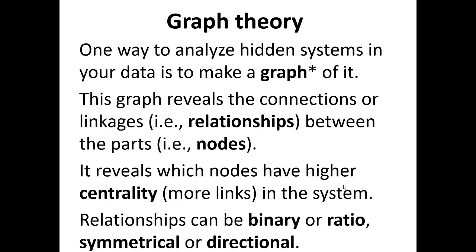Furthermore, what's really helpful about using graph theory is that it allows us to indicate not only that there is or isn't a relationship, so that in our example, it's going to be that this person likes that person, but we can also identify whether those relationships are symmetrical or directional. So person A likes person B. Does person B like person A back? If they do, then that's symmetrical. Whereas directional means that it just goes in one direction,